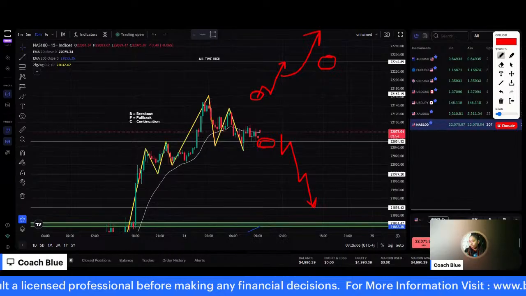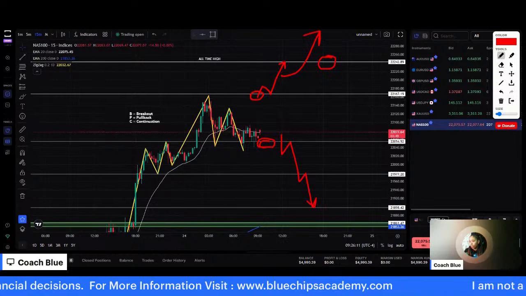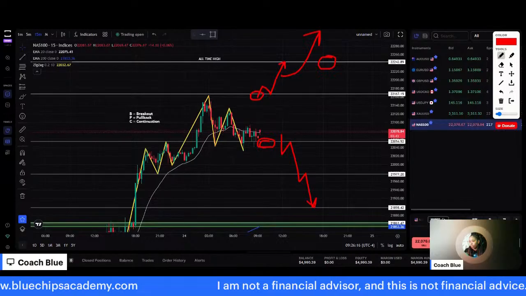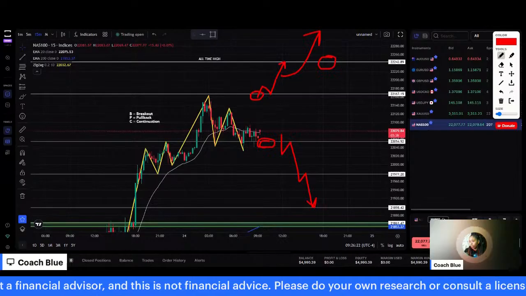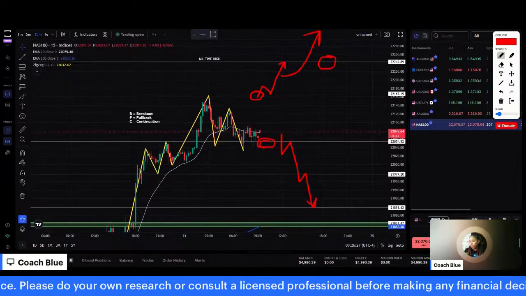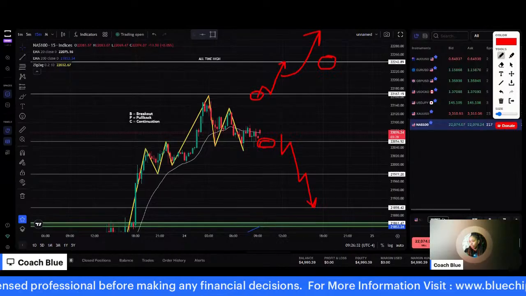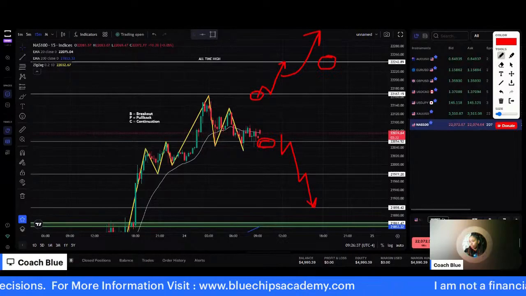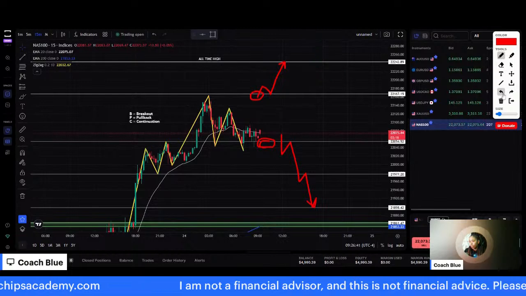Okay, so if we get an opportunity to the upside, I am going to put in 2 positions, but as soon as it hits take profit 1, I'm going to instantly move my second position to break even. I don't care where it is. I don't care if it's a short area for it. I'm moving it to break even. And the reason why is because this is a very risky level here. All right, so that is what we are looking for.